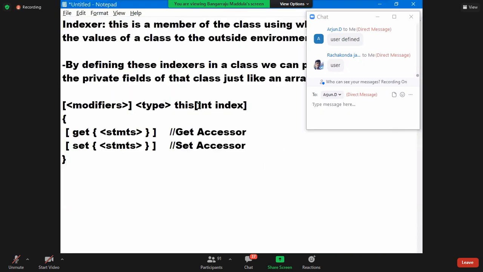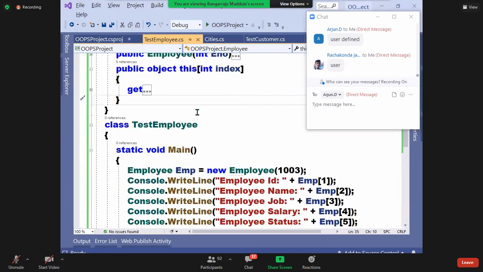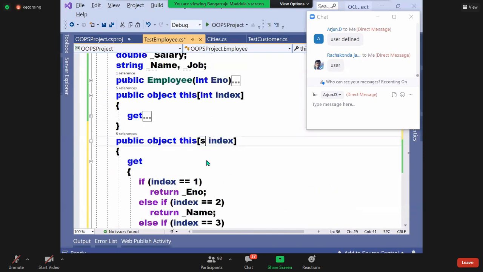Understood my point here? So what I'm trying to tell is the data type need not be integer. Just to make you understand first, I've written int here, guys, but it need not be int. You can use anything as a parameter. Right now you're passing 1, 2, 3, 4, 5. So the confusion is what is 1, what is 2, what is 3, what is 4, what is 5. You should remember all these things. Without that, a better way you can define the code: string name. This is an attribute index and this is attribute name now.